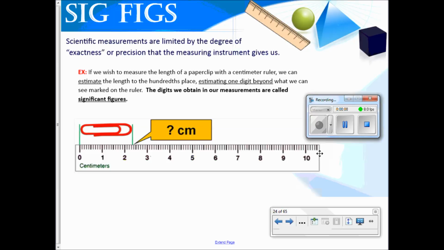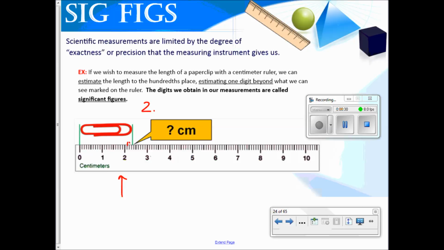Scientific measurements are limited by the degree of exactness or precision that the measuring instrument gives us. So we talked about already, if we were going to use this tool here to make the measurement of this paper clip, we can look at the increments on the ruler, and you can see it's in increments of a tenth, so we'll read this as